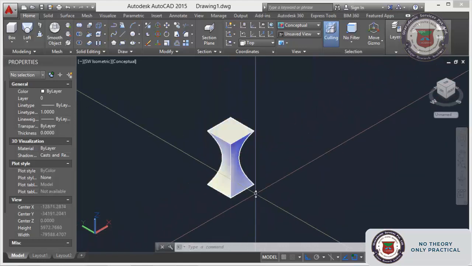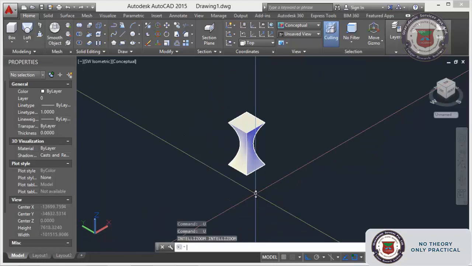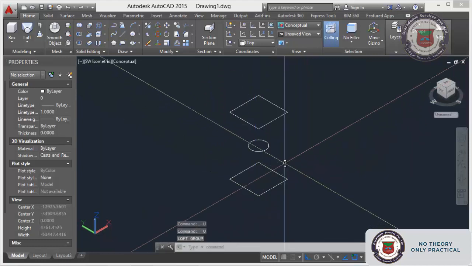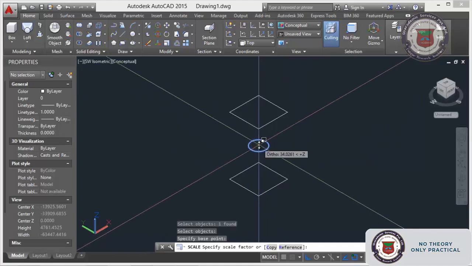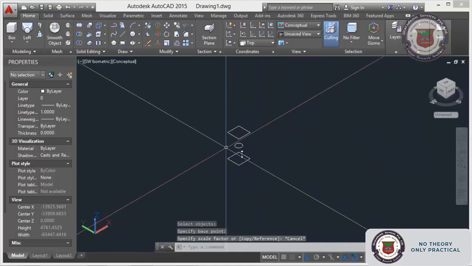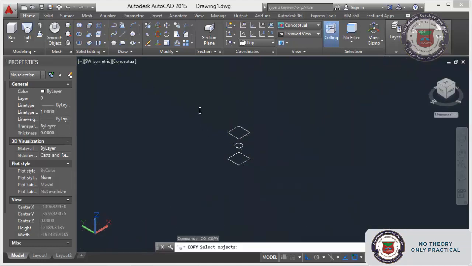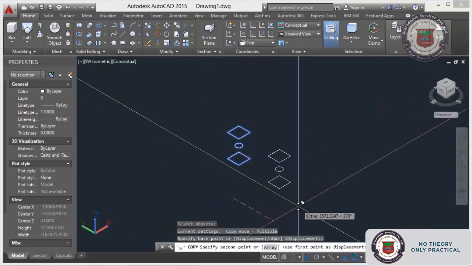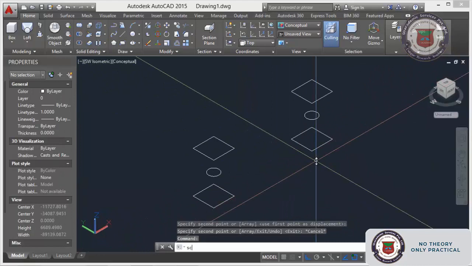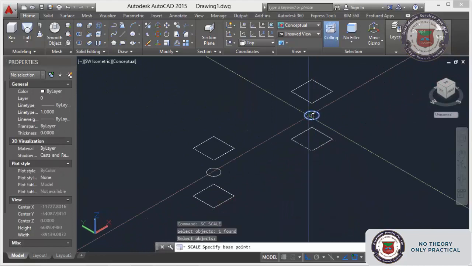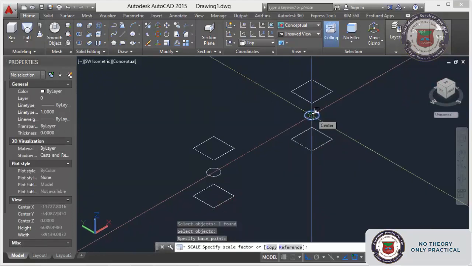Suppose I undo so that you will get another option. Suppose my circle is different, so I will make a copy and do that so that you will see the difference. In this one I will make it a little bit bigger so you can see the difference, made it 4 times.